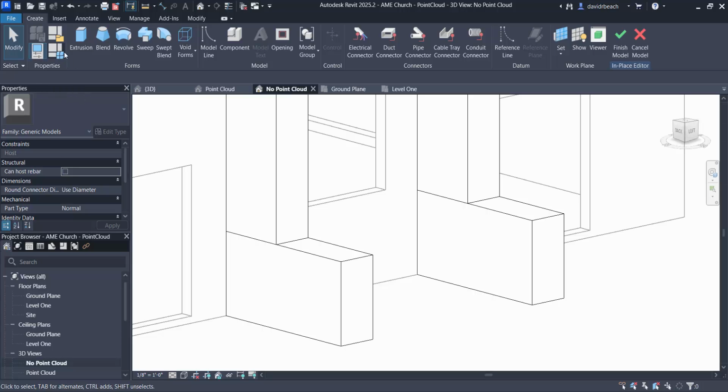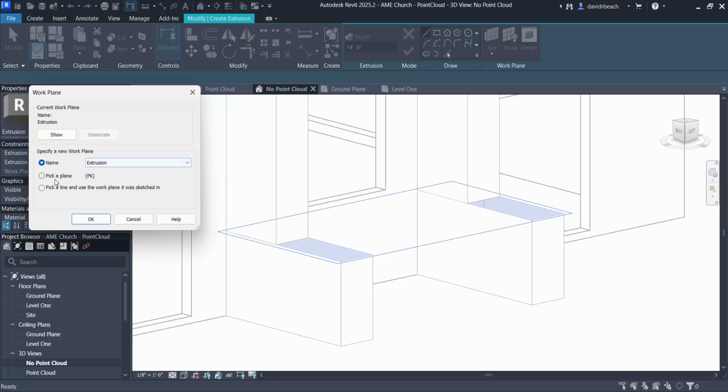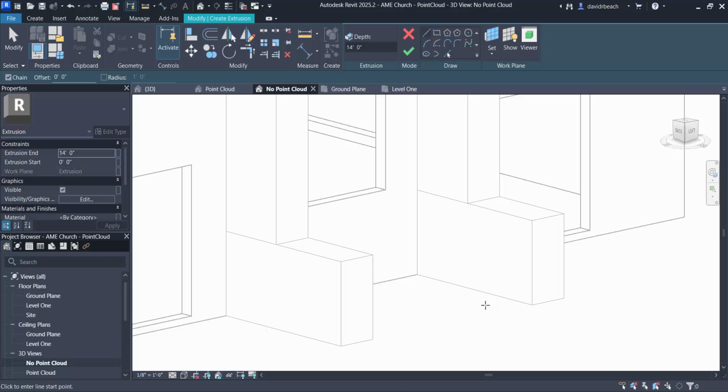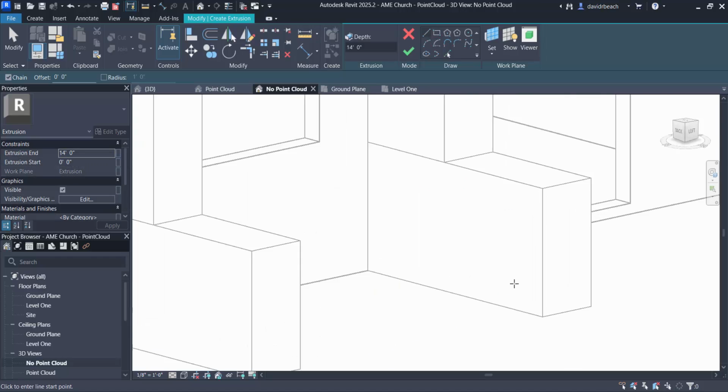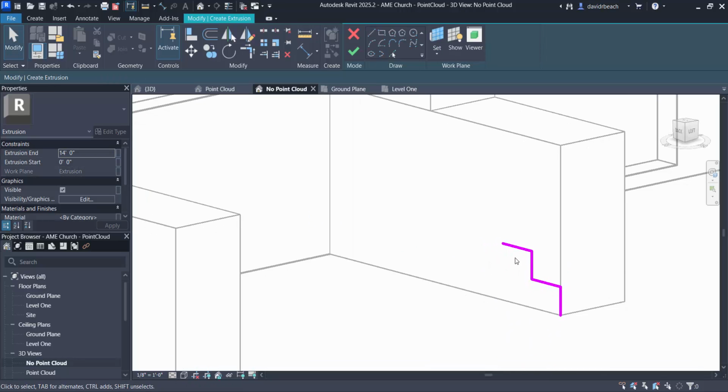So I'm going to go create, extrusion. I'm going to set my reference plane to the inside edge of this wall. And I'm going to draft out the section of the stairs. So in this case, I've already measured those stairs. They go up 8 inches and back 12 inches. And yes, that is a code violation. This is an older building. It'll be okay. Right? So I've got that coming together as my stair profile,